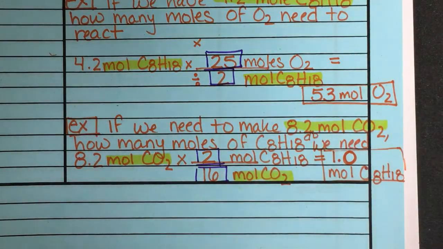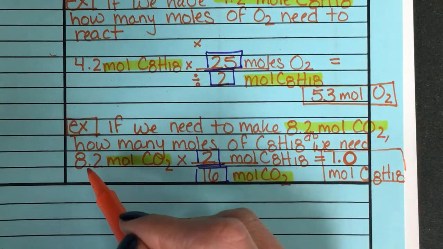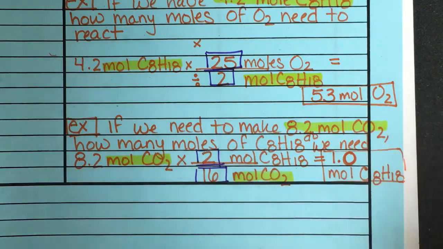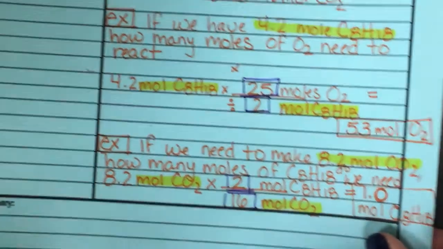So in this case, if I wanted to make 8.2 moles, I need to start with 1 mole of C8H18. Okay? So that's what we're going to be doing